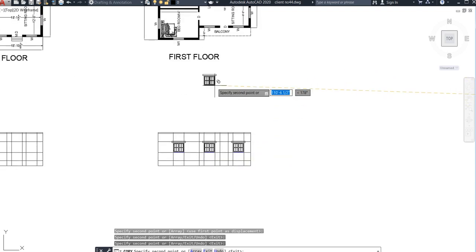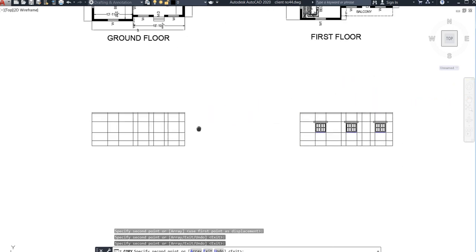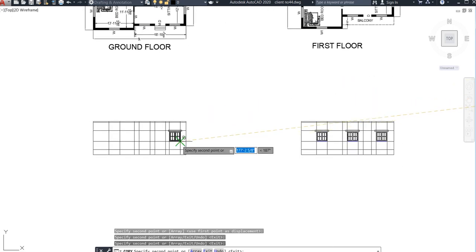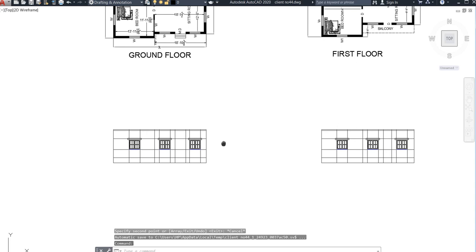In the same way here also, this should be here, and this should be there. After that this should be here. Now you can see the things.